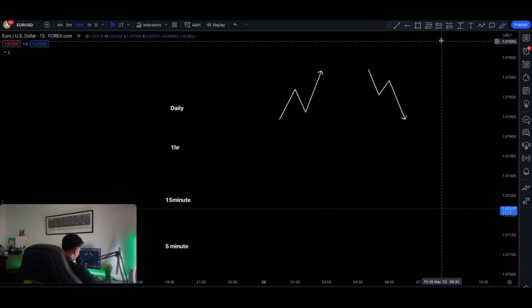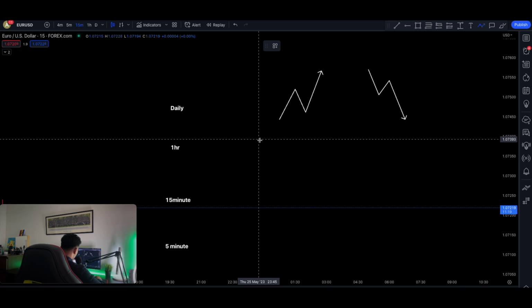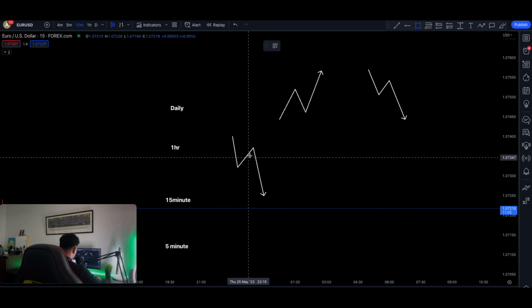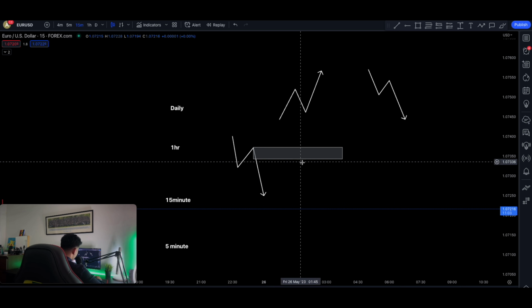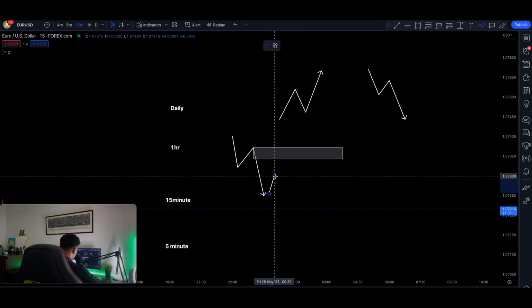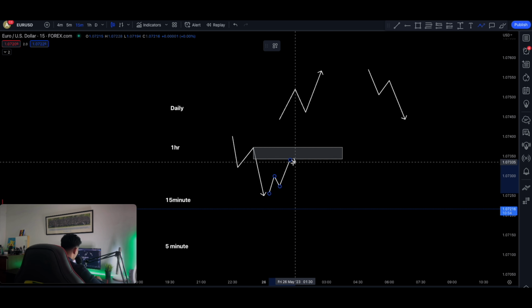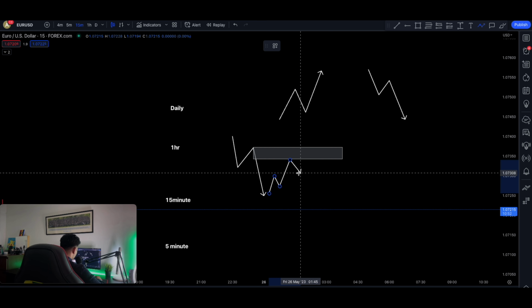Now on the hour time frame, all we're going to be doing is looking for fair value gaps. So let's say this is the hour chart. All we're going to be doing is marking out fair value gaps here. So if there's a fair value gap, then this is a potential for price to trade into during this time of 2 a.m. to 5 a.m. and more specifically 3 a.m. to 4 a.m. So we're going to look for price to enter this fair value gap,